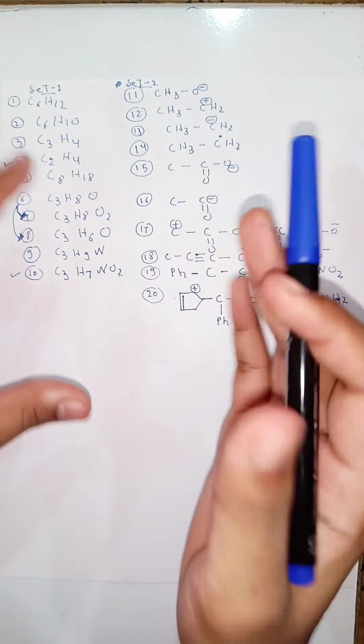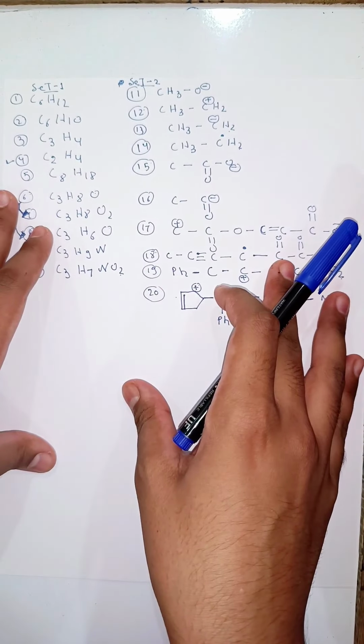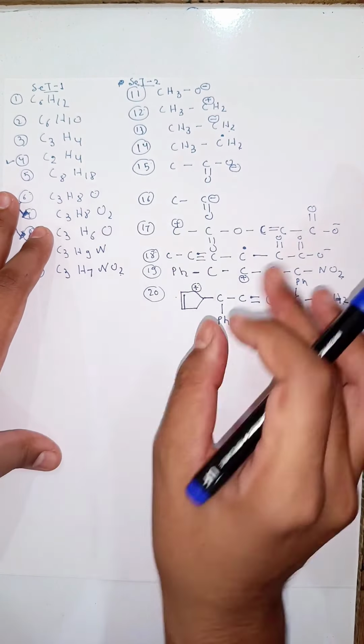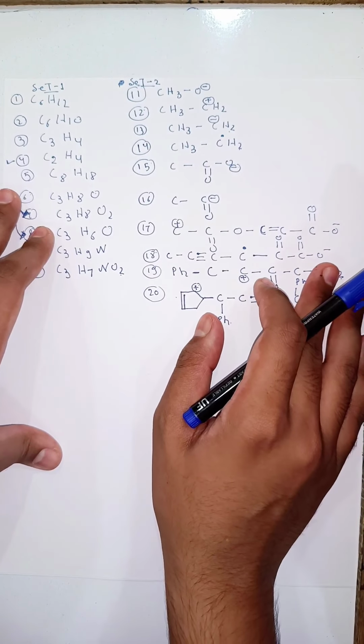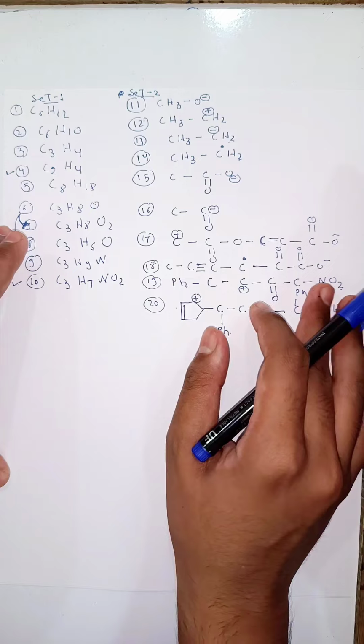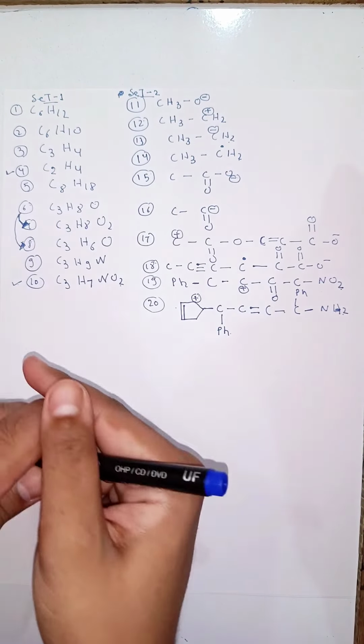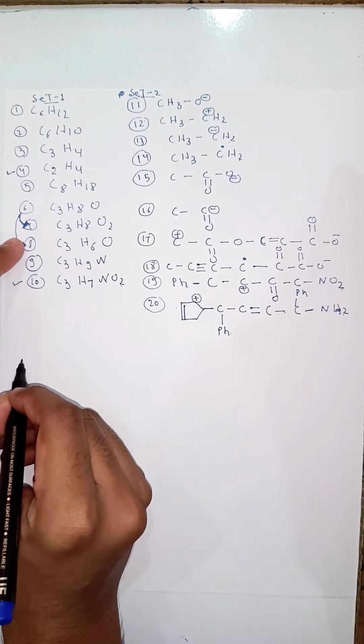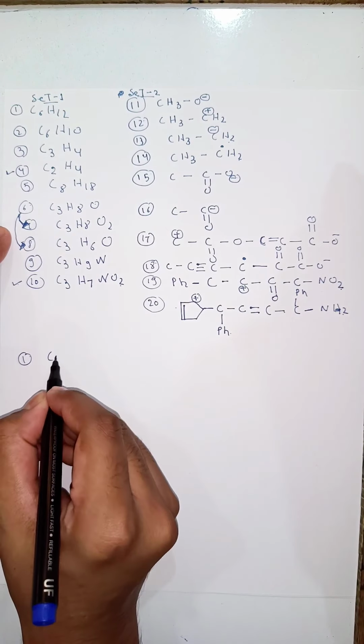So be careful, I will be telling them with the problems only. So tick mark them in your copy as well. They are very important for finding degree of unsaturation. Let us take the first set and the first compound of this. The first compound is C6H12.